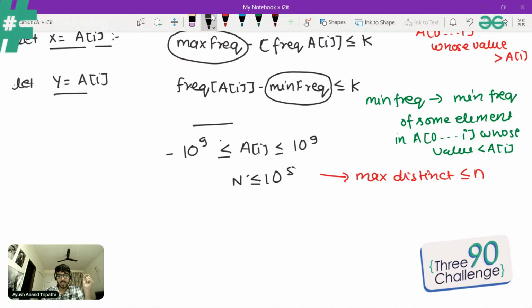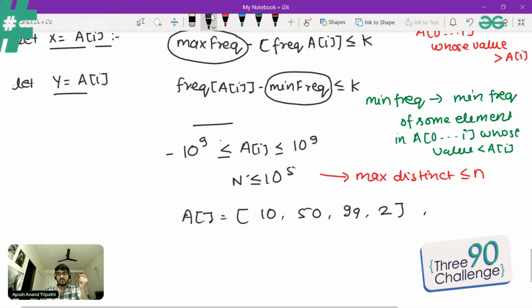What I'm trying to say is, let's say you have array A, and it has the element 10. Then we have, let's say, 50. Then we have, let's say, 99, and let's say we have a 2. So here in this case, the value of n is equal to 4, that is, an array of size 4. So what I can do,